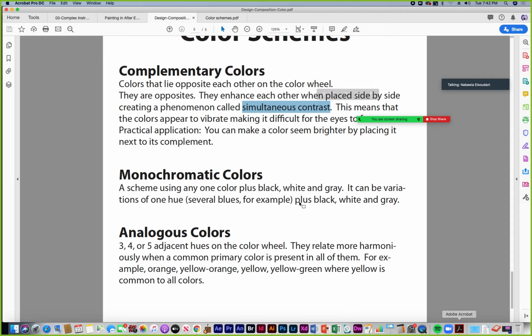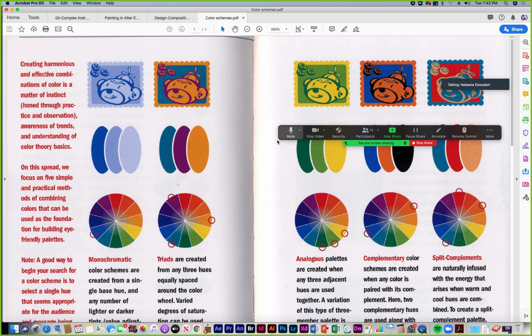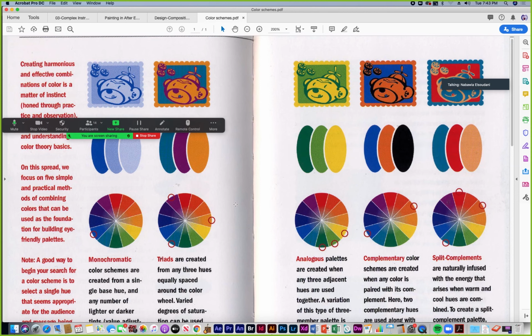But there's a way to offset that vibration if you want your viewer to have a more calm experience with the design. You can offset that by either changing the value of the colors or adding a neutral color like black or white or gray, which is what they did.